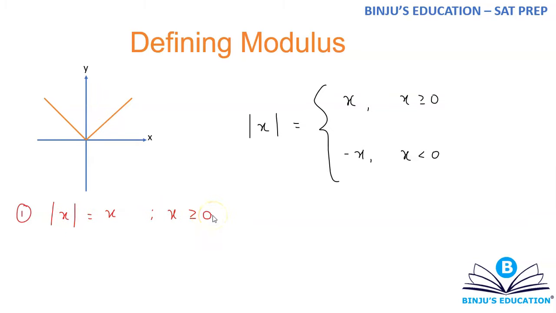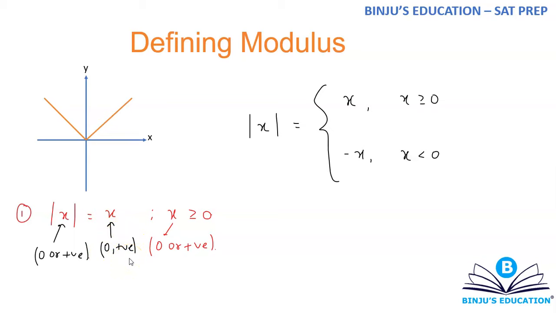You're saying that modulus of x is equal to x whenever x is greater than or equal to 0. Now understand it this way: when I say x is greater than or equal to 0, can I say that the value of x is either 0 or positive, yes or no? If x is 0 or positive, and I put a value 0 or a positive value in this place, I can say this will simply be equal to x, because this is also a 0 or positive value.